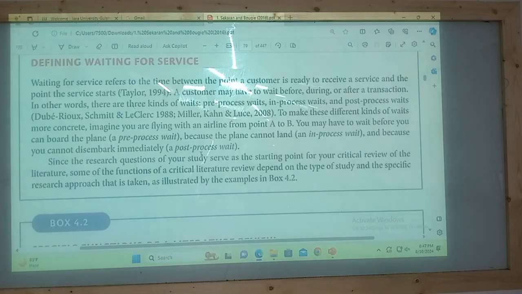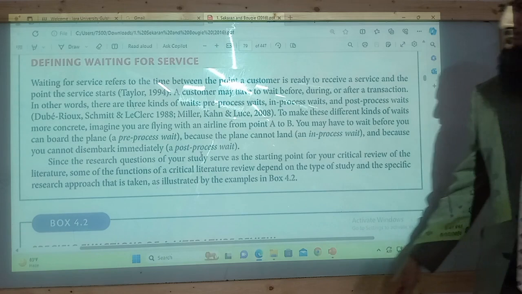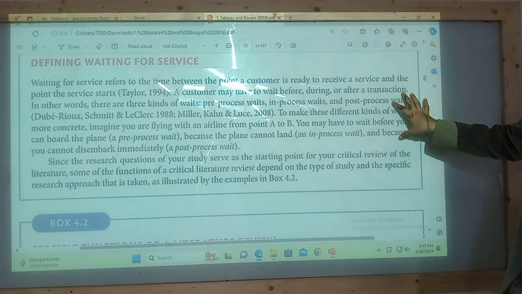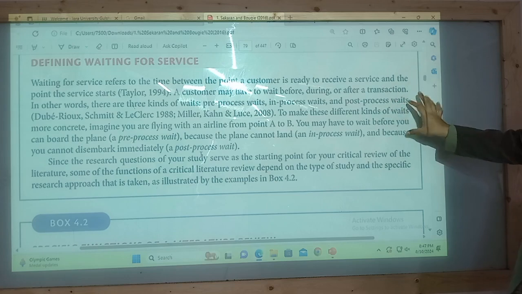We talked about the definition. I think most of you cannot see that. Read it on your computer if you have. If your computer is working, please